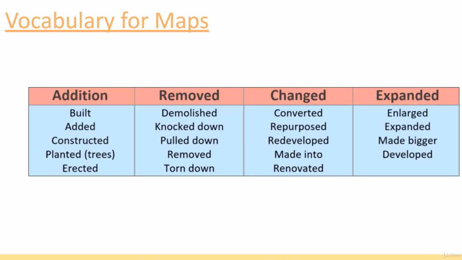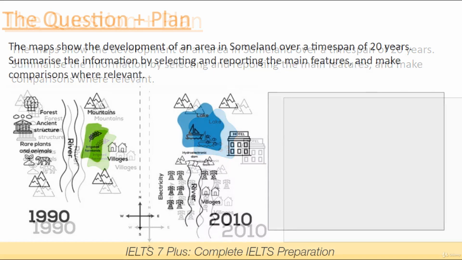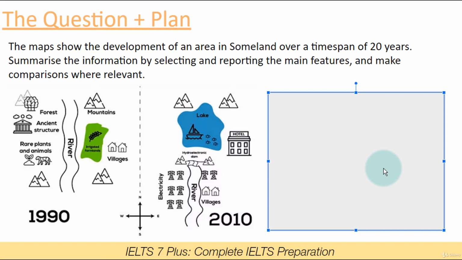Okay, so it's time that we take a look at writing our plan. So back to our plan now. So we've looked at the question, we've analysed the visual information, and now it's time to write a quick plan. Okay, so let's consider our groupings. So group 1, our first detail paragraph. Now, there are probably a few ways you could approach this. With maps, I often like to